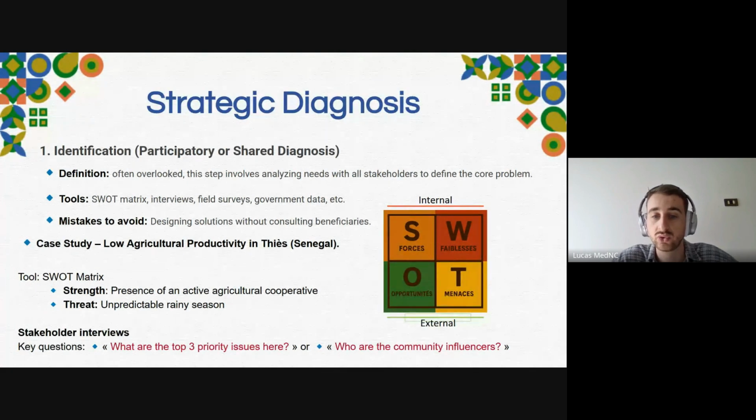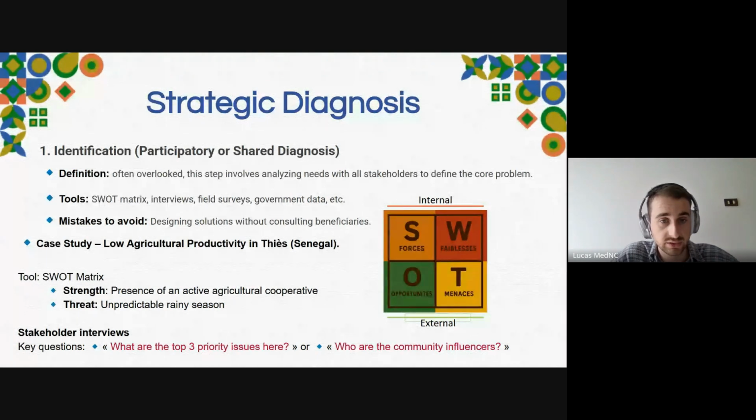It's important to include everyone. If we take the same example with the project in Senegal, when you are doing your diagnosis, ask the people what they need as the beneficiaries, but also ask the people from the town, or ask the chief of the village. The more information you get in the diagnosis, the better it is to structure your project.